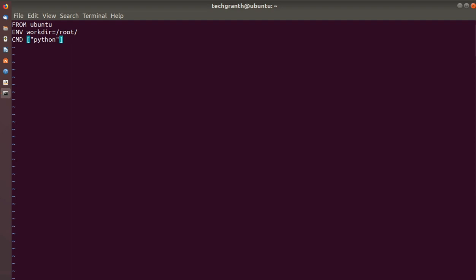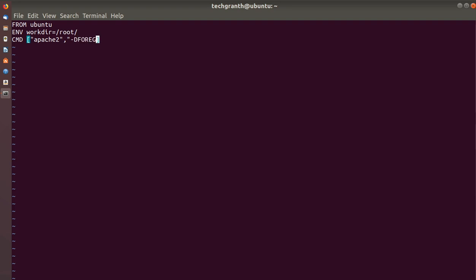But if we want to give some arguments with this, we will use a comma and then -a, like this. For another command, you can say apache2, then a comma, and we want to run that apache2 in the foreground.